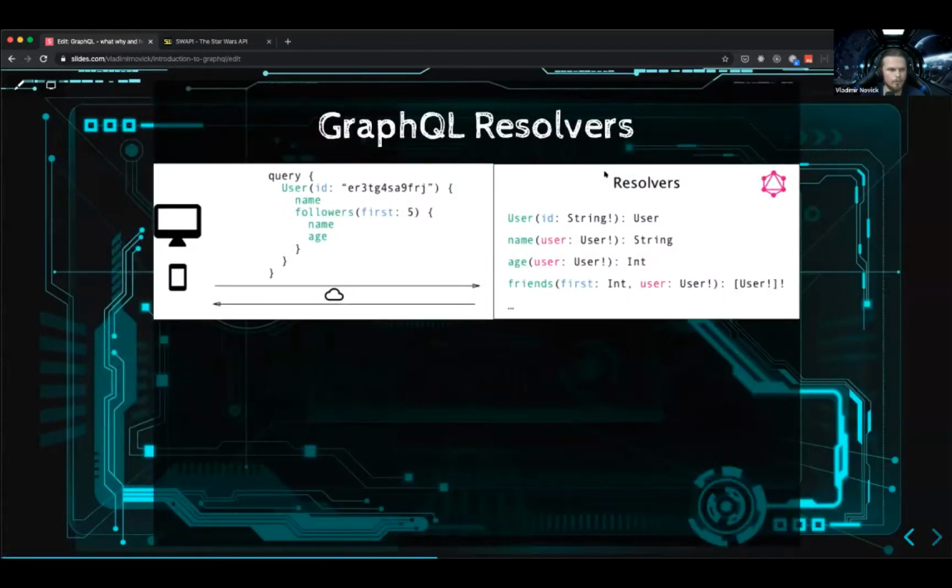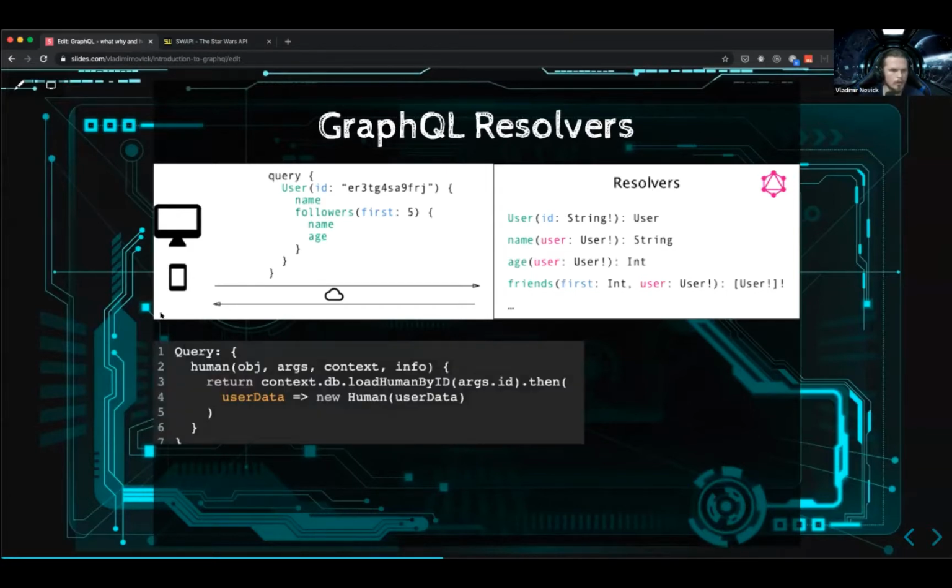Now, speaking of resolution of the data, there is a concept called GraphQL Resolvers. Resolver means that whenever I have a type of user, I will resolve the data from a specific endpoint or data source or whatsoever. It will look something like that. We have a query resolver, which means all the queries, I explained the query thing earlier.